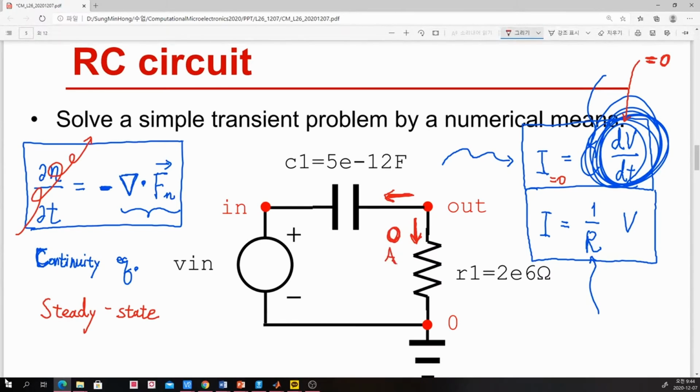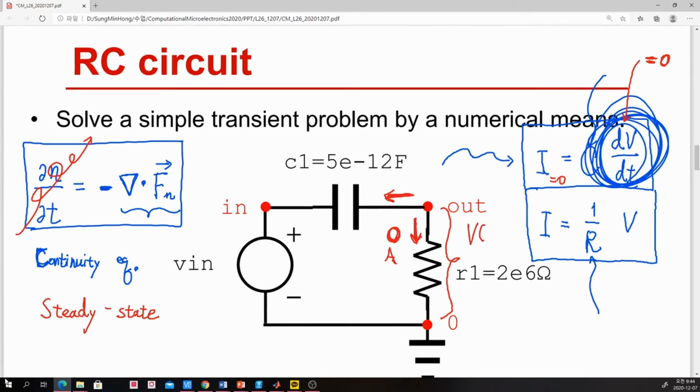So in order to have 0 ampere conduction, of course, the voltage across this resistor should be 0. So V of the out node will become 0 volt. So there is no difficulty to analyze our steady state solution. Yes, we can calculate the steady state solution. However,